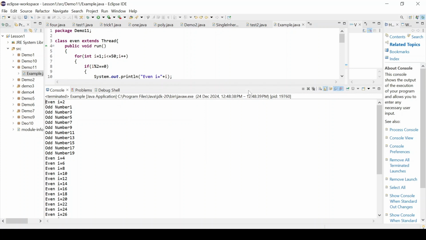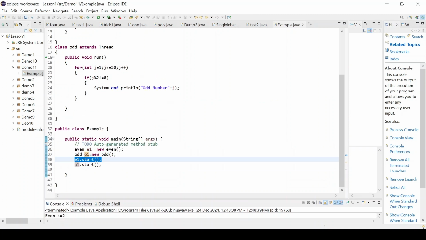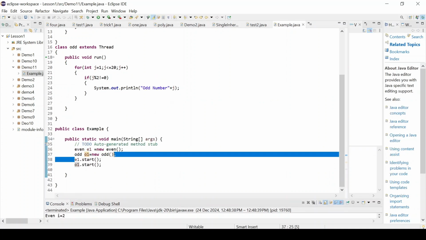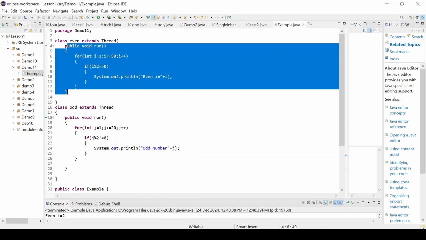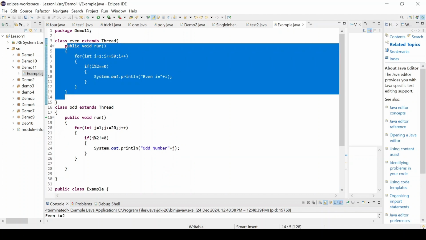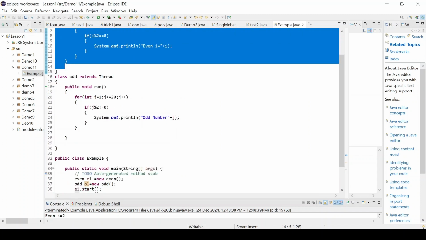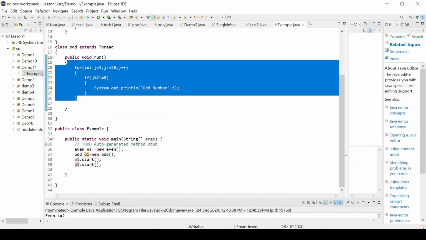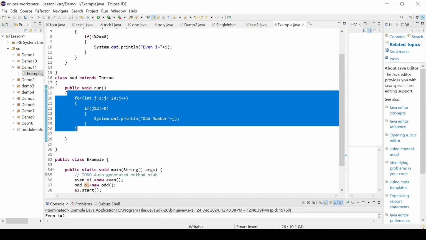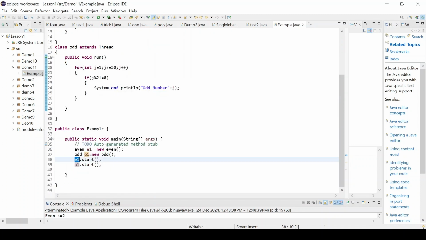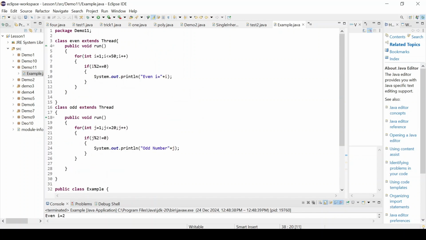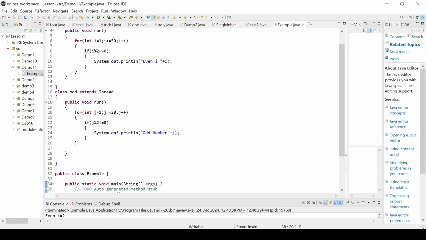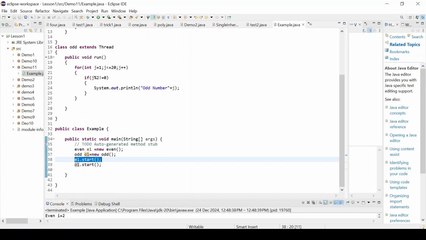The reason for this is, whenever it gets a break here, suppose it is executing this even.start, so it will go here and execute this. If it gets a break, it will not stop and wait to execute this run method. It will go to o1.start. It will start executing this run method which belongs to the odd class. When it gets a break here, again it will go to this even.start and will start executing it further. Again it will get a break here, it will go to o1.start and will start executing this method